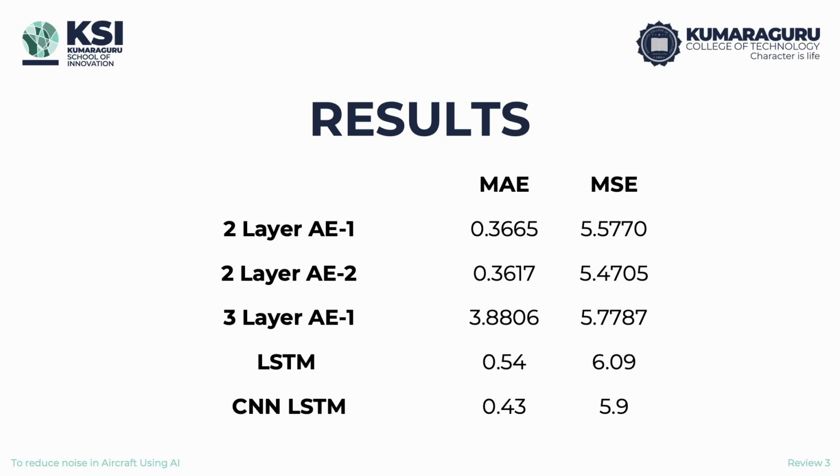And coming to the final results, the normal convolution based simple autoencoders seem to work well. That is model 2 with 2 layers, which works well with MAE of 0.36 and MSE of 5.47, and you can find its results here. This is the second one. So the loss gets reduced, and here are the MAE and MSE. These are the results for the best architecture that we were able to build.